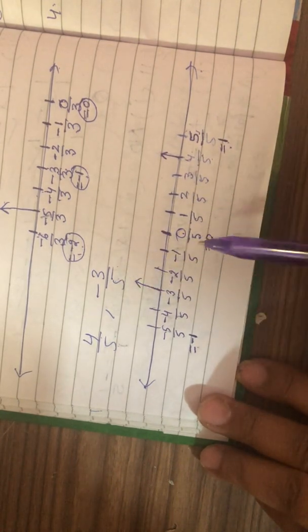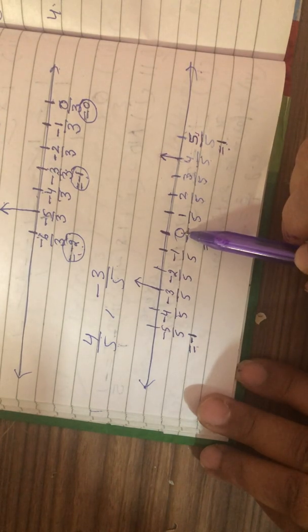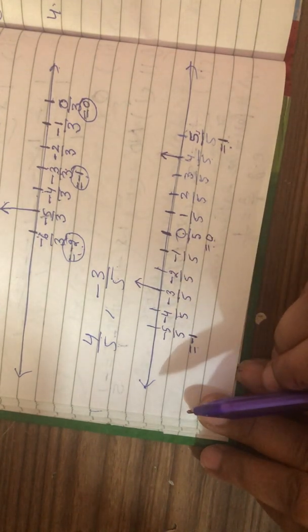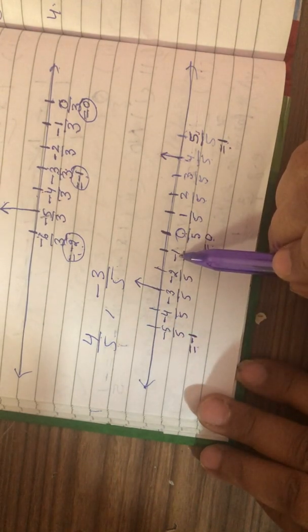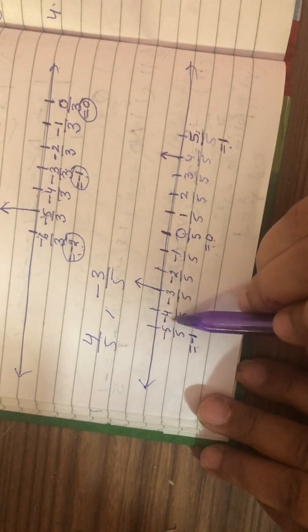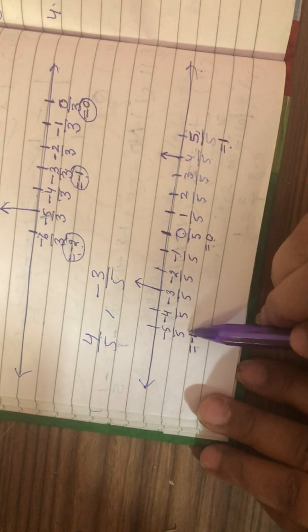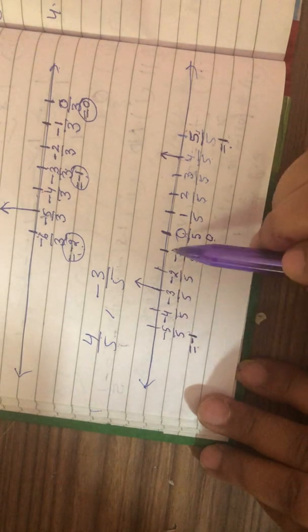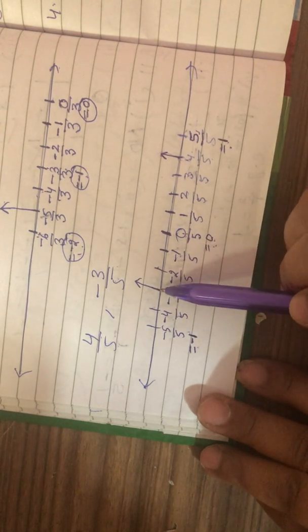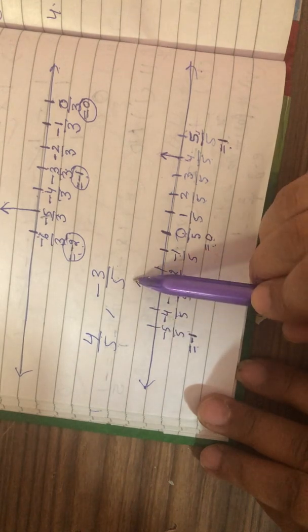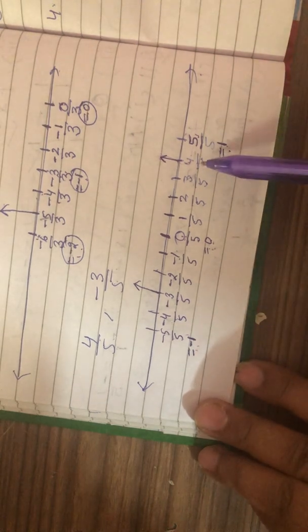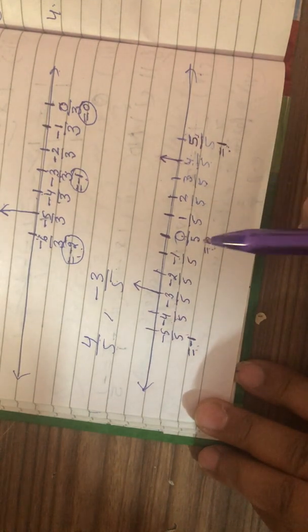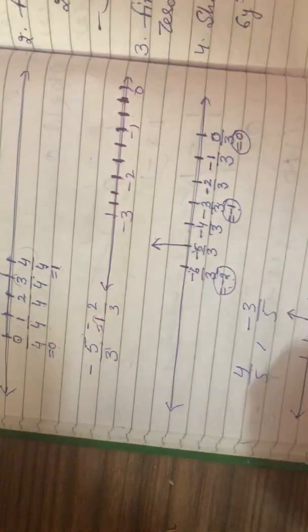And to represent -3/5, again we have to start from 0/5, and we'll move to the left side and divide each integer into 5 equal parts. So it is -1/5, -2/5, -3/5, -4/5, -5/5. So this is -1. So 0 and -1 is again divided into 5 equal parts: 1, 2, 3, 4, 5. And this is the location of -3/5. It means -3/5 lies between 0 and -1, and 4/5 lies between 0 and 1. So in this way we can represent every rational number on the number line.